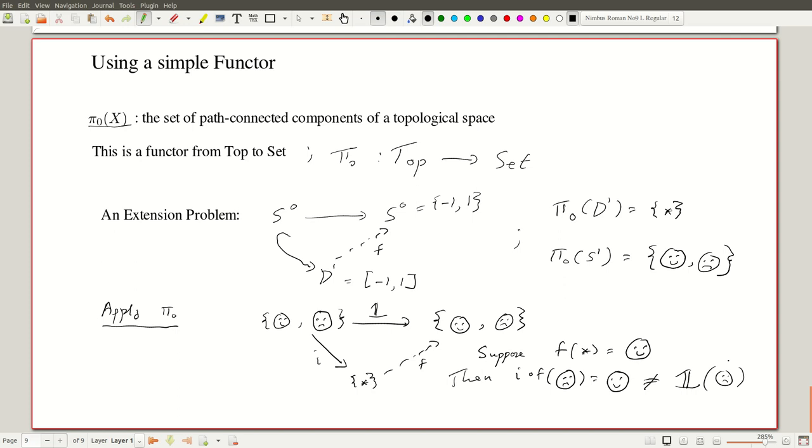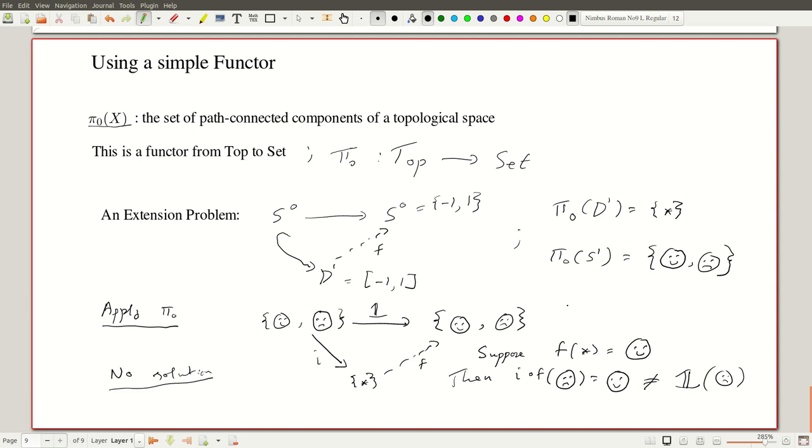Okay, so we see that this diagram doesn't commute. There is another case, of course, which I don't like because it makes a smile into a frown. But you can check that case as well and see the diagram doesn't commute. So one can check, so no solution. So this has no solution, and hence the original problem has no solution. So this is an example of how we use the functor.